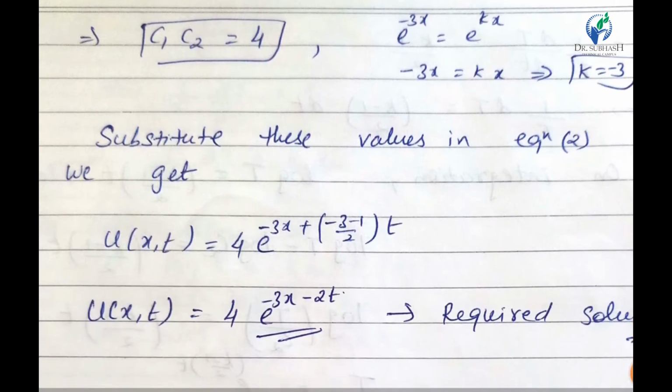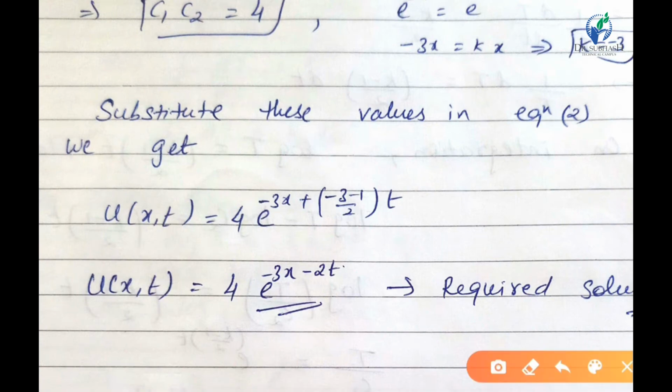We get here u of xt equal to 4 e raised to minus 3x plus minus 3 minus 1 upon 2 into t. We substituted the value of c1 c2 and k over here. On simplifying, we get u of xt is equal to 4 e raised to minus 3x minus 2t, which is our required solution. In this way we can solve many